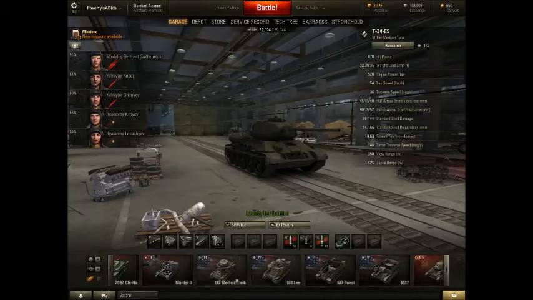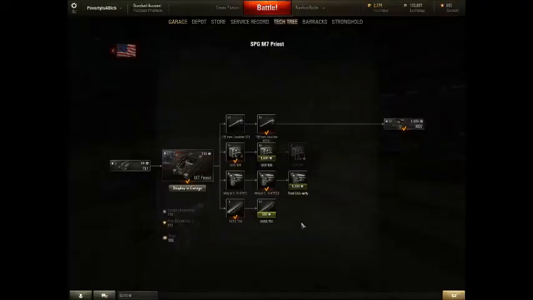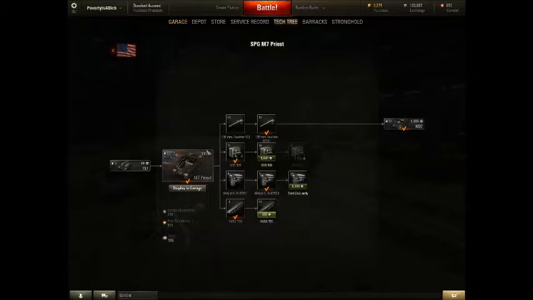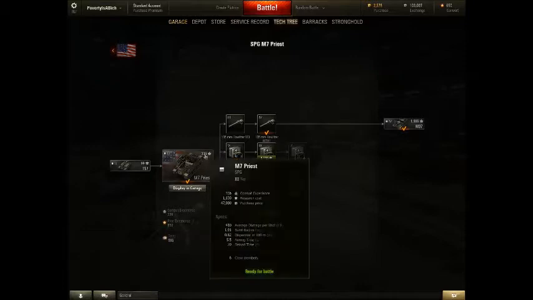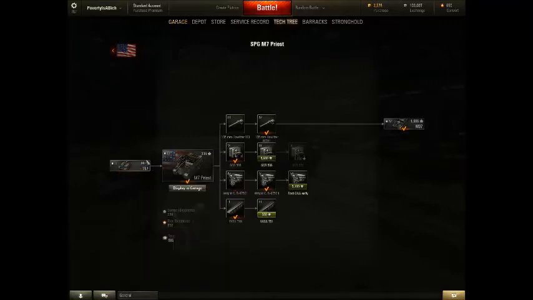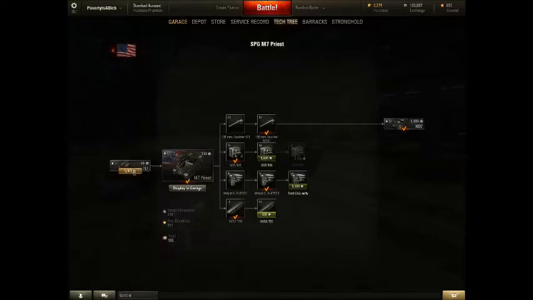The other thing is, I was actually going to show you on research, because it's a pain in the ass. There's all sorts of numbers everywhere. The only thing that matters is right here. That is your actual experience. 336 actual experience on this tank. You see that there's a 99 back here? Well, that's how much experience is on that tank. I can buy it again. It's that much. So what I was going to show you